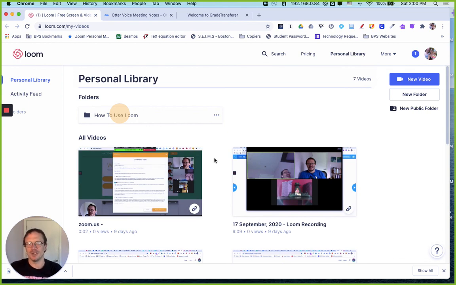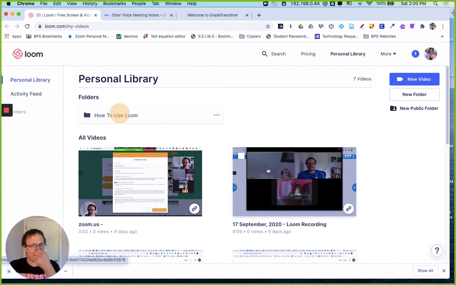uploads to the server so that your videos end up on the server automatically, which has some real benefits and also some negatives. It's nice because you can go into it and clip out portions. So if you had a student who unmuted themselves or Zoom bombed you, and you got to get rid of that, but you don't want to re-record the whole video, you just go into Loom, and there's a simple interface for grabbing a part of the video